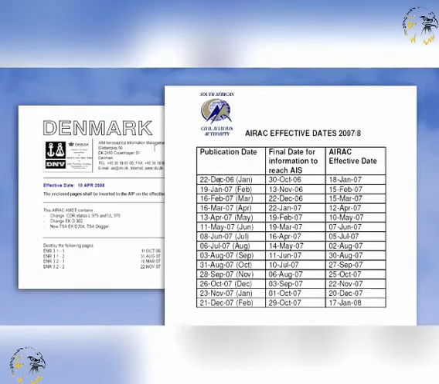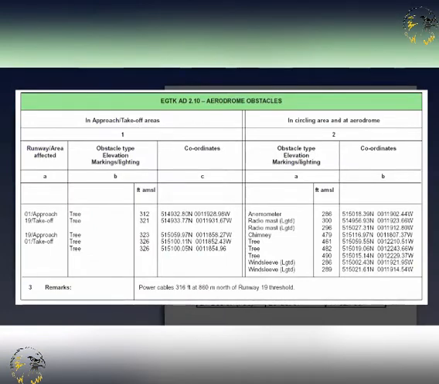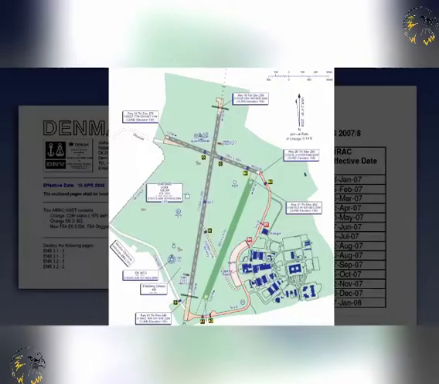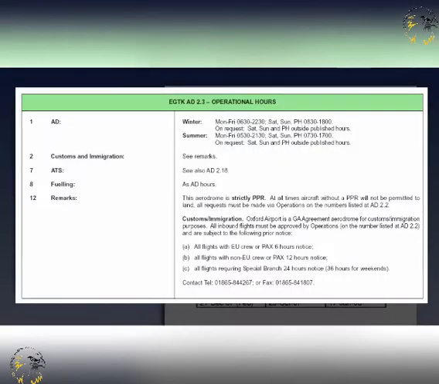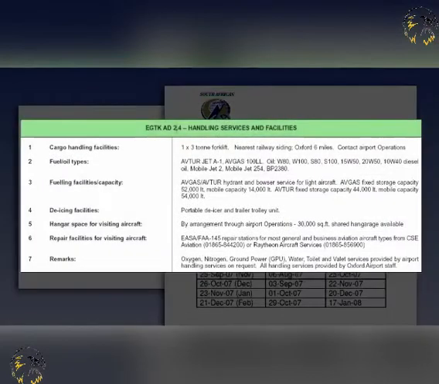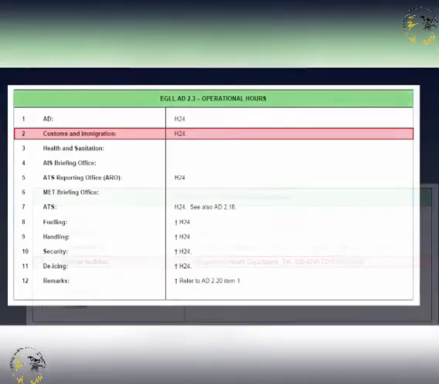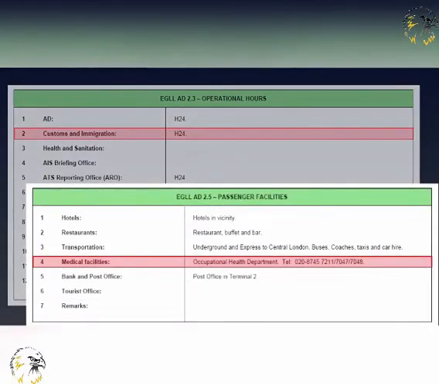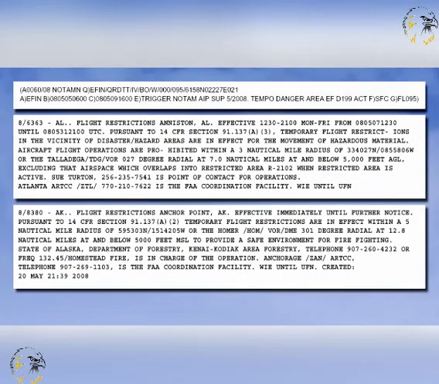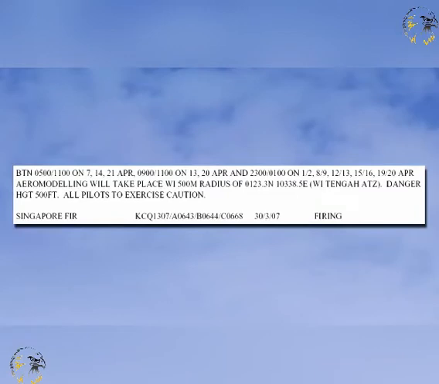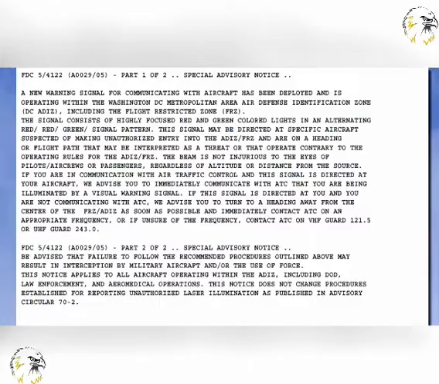Part 2 of an AIRAC issue will contain information regarding the establishment, withdrawal of, and premeditated significant change to position, height and lighting of significant obstacles, taxiways and aprons, hours of operation of aerodromes, facilities and services, customs, immigration and health services, temporary danger, prohibited and restricted areas, navigational hazards and military exercises and mass movement of aircraft, temporary areas or routes where the possibility of interception exists.